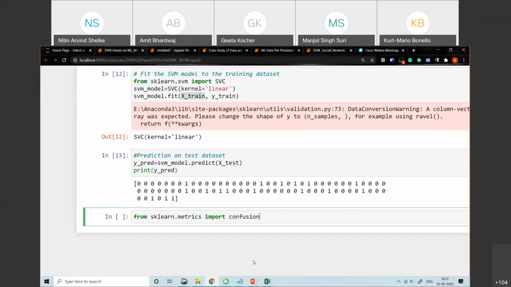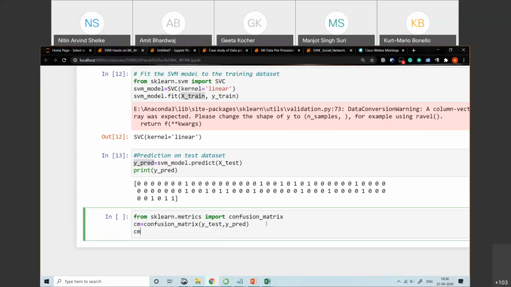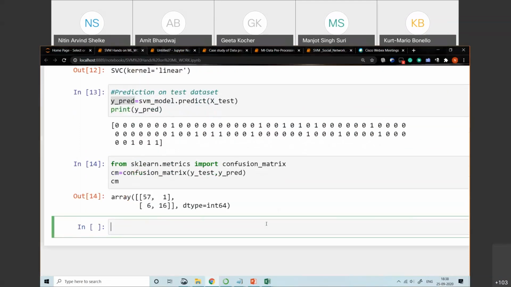Now CM is equal to confusion matrix, let's create the object by passing your Y test and Y pred. Now just print this CM. So this is your confusion matrix.